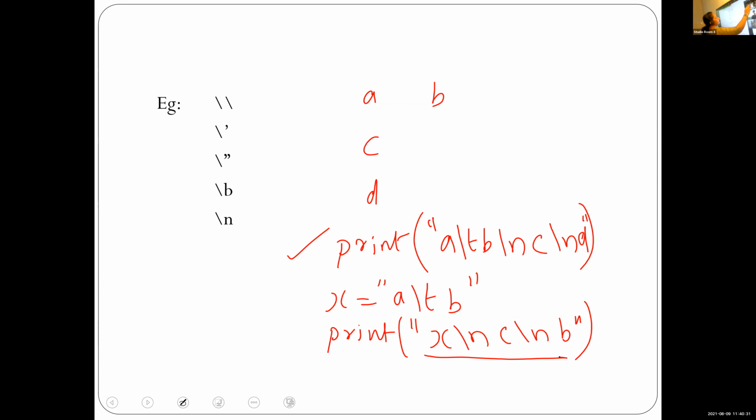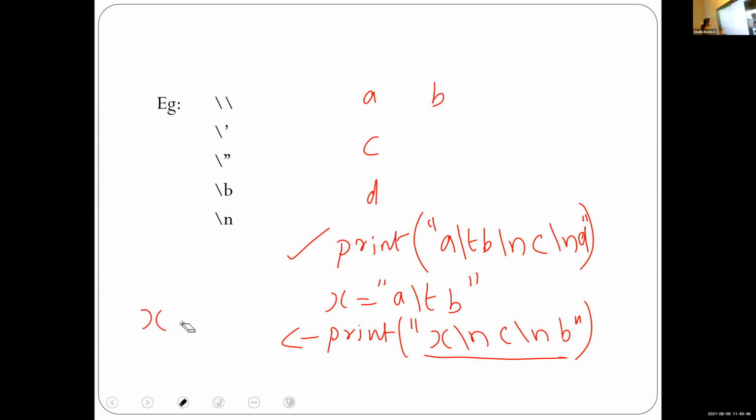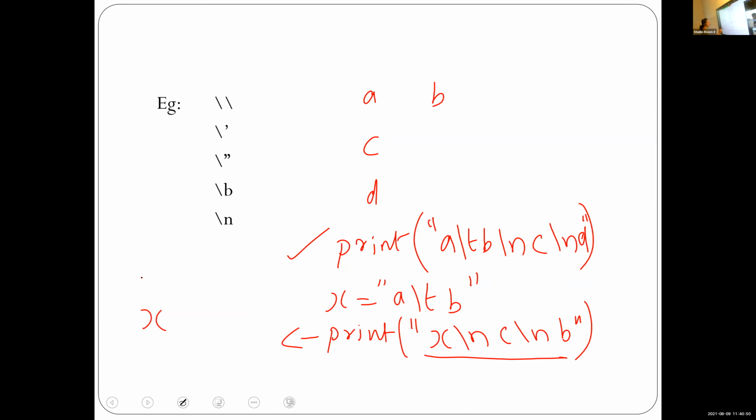Double quotes. If we write something within double quotes, what is the meaning? The output of this statement is x, then c, then b.